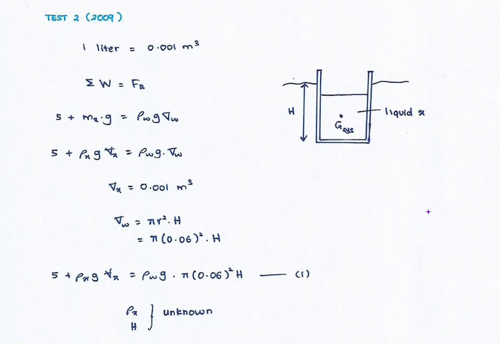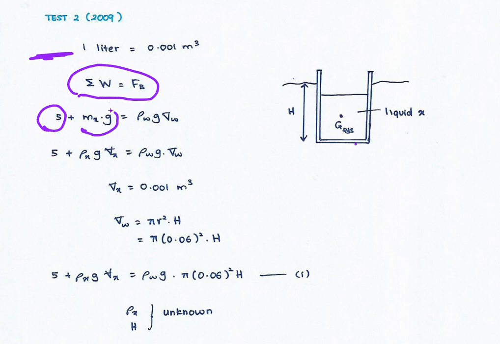Okay. So we know that 1 liter means 0.001 meter cube. And then the force equilibrium will become like this: total weight is equal to force of buoyancy. We know that the cup here has a weight of 5 Newton, and then we need to calculate the weight of the liquid X here. The total of this weight will balance the force of buoyancy here, which can be calculated